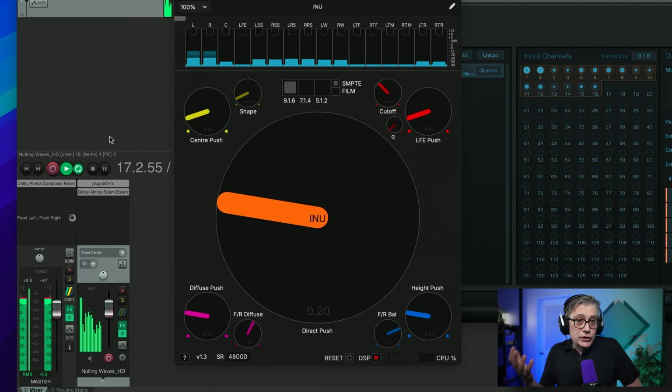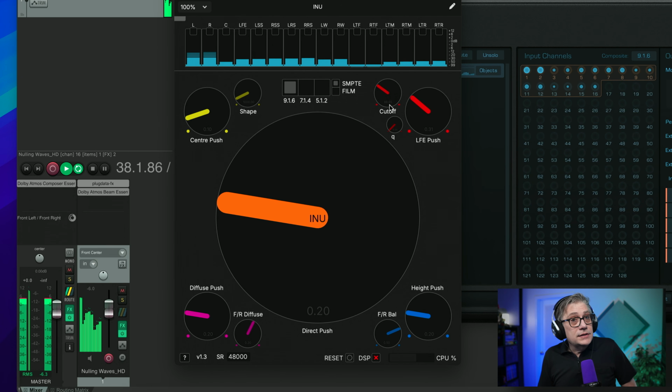The way it does this is, first of all, it takes the stereo audio and removes whatever you want to push into the LFE channel. This is happening with this LFE push dial here. If I'm increasing that, I will see more signal going into the LFE here. If I set it to 0, it's going to disappear completely. I can also change the cutoff, so essentially the frequency range that I'm going to push into the LFE. If I want to push higher frequencies, I'm going to increase the cutoff, or I can decrease that. I also have the possibility to change the Q value here.